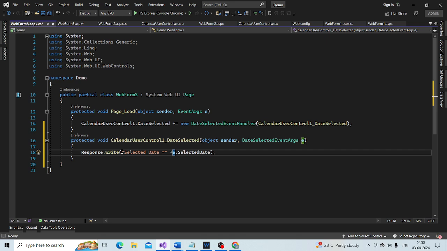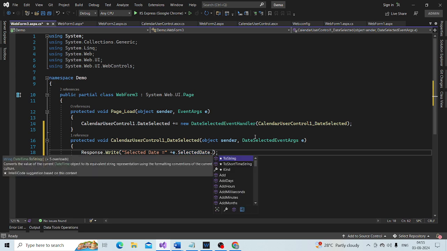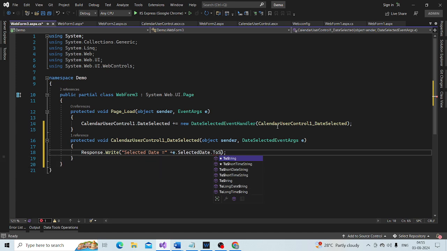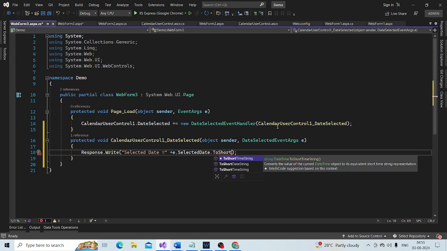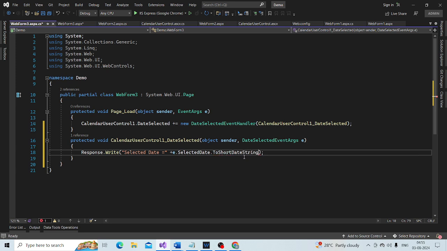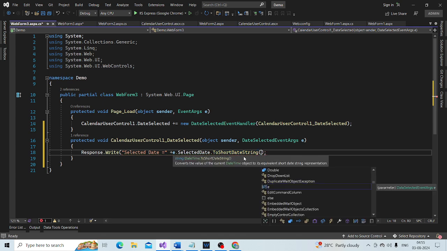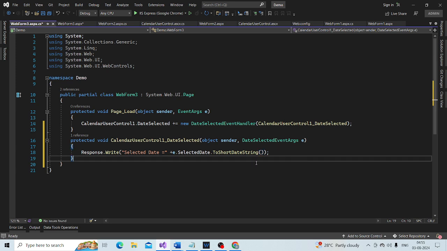But I want to convert that to a short date string, ToShortDateString, and print that.